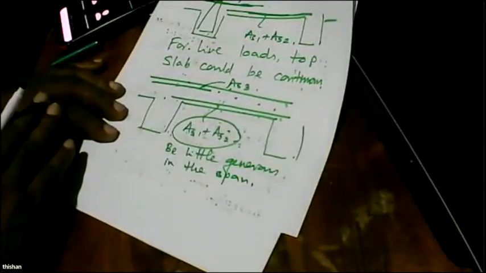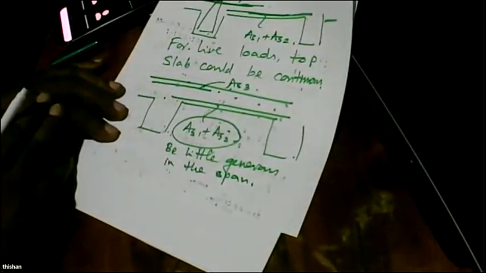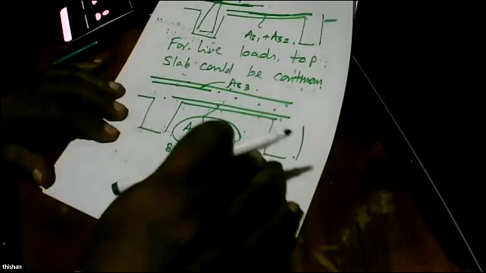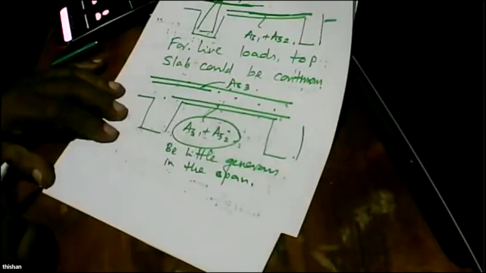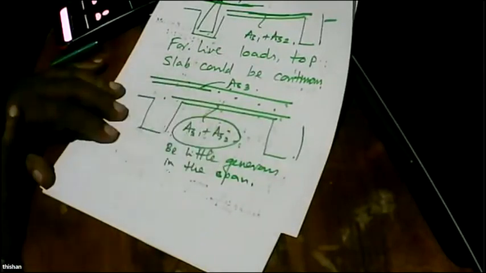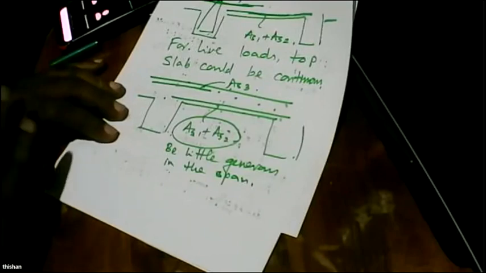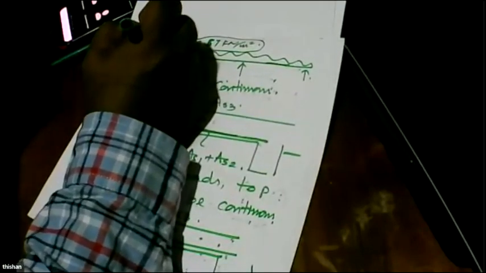Why we are going to be a little generous here is we know beams are supporting the slab, and beams are also deflecting a little bit. Because of that, if the support settles, then you can't get the full effect of the support. So we will be a little generous in the span, whereas we can be strict with the support reinforcement. That is something you have to keep in mind when you are deciding the final reinforcement,